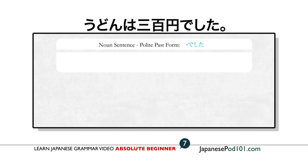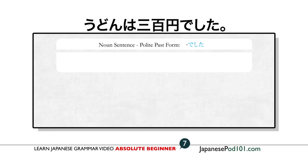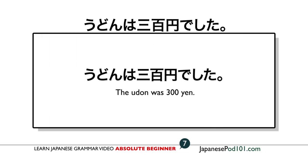All right, let's look at just a couple more noun sentences in the polite past form. ケネディはアメリカ人でした。 Kennedy, you mean JFK? Yeah, Yeah. I guess so. Yep, so JFK was an American. はい。Since he has already passed away, I used でした。 Okay, so if you were talking about President Bush, you would say, ブッシュはアメリカ人です。 so I think you probably get the picture now. It's just the difference between des and deshita. That's all that changes in the sentence if you're indicating non-past or past. Because non-past is des and past is deshita. うどんは300円でした。